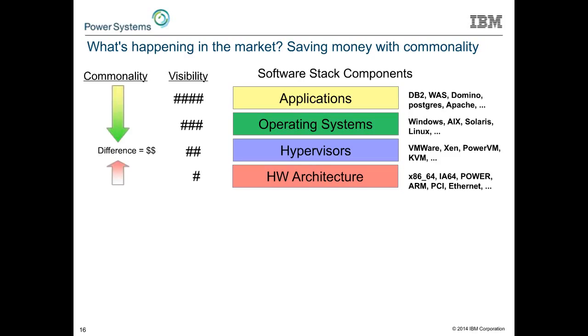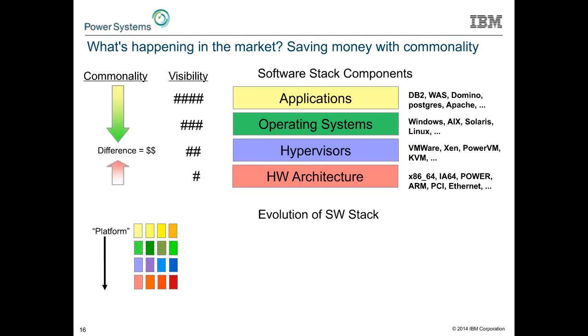How does an Intel processor compare to a POWER processor? Well, they strive for different things in life, right? It's an engineering set of trade-offs. So convergence and commonality only went so far, and only can intellectually, technically go so far, at the bottom half of this software stack. However, on the top half, we can and have seen huge advances in commonality. So let's work through what's happened in this evolution of the software stack, moving down.